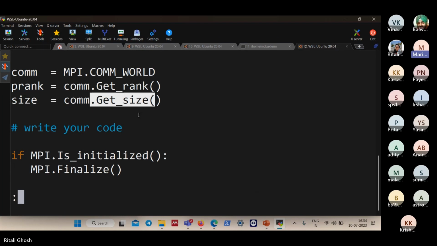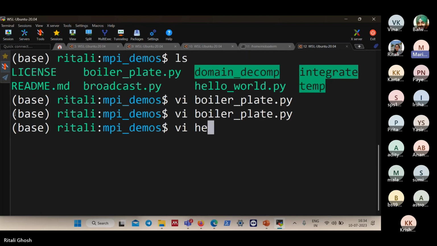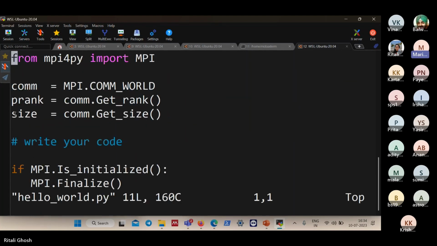Okay, so we want to do some things here for communication, and I'm going to again say the hello world. So it's the same template. Now what we do is say